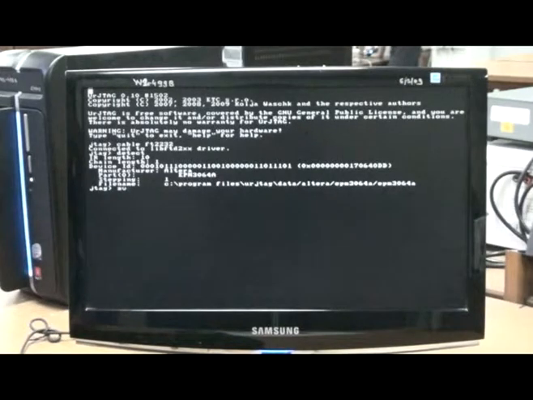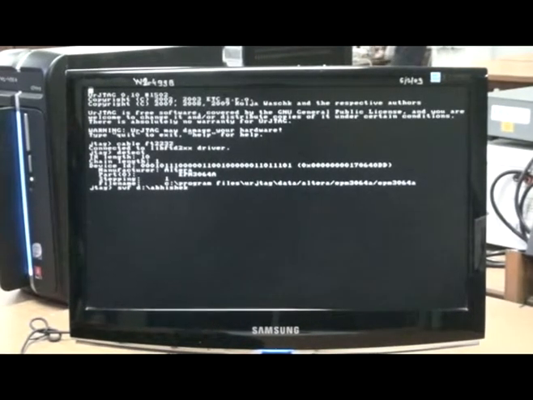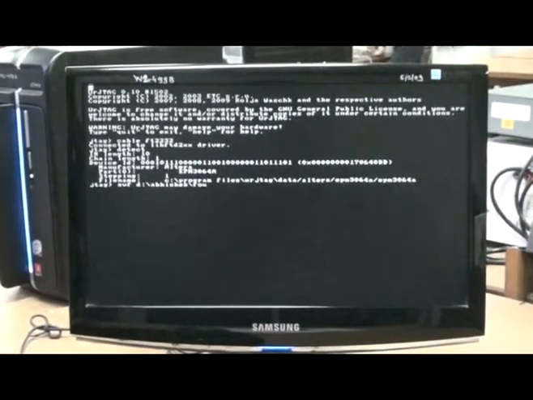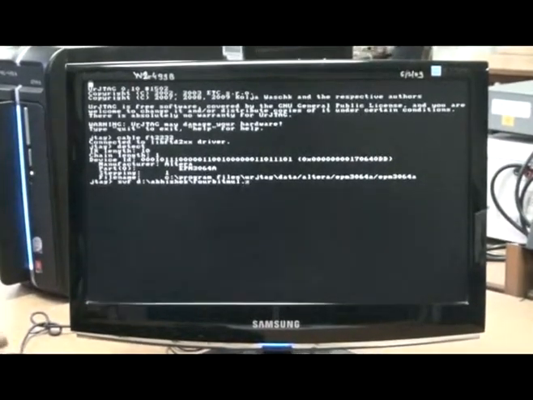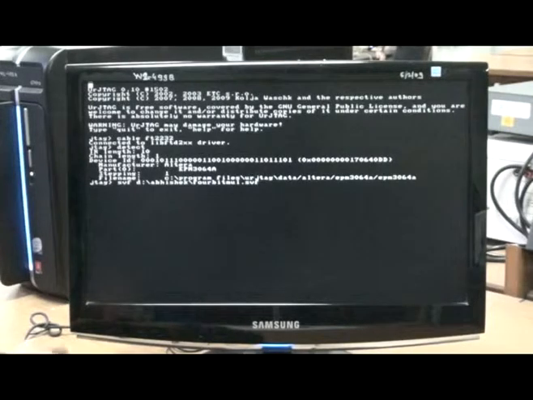Now the present code execution is paused until the new code has been put in.